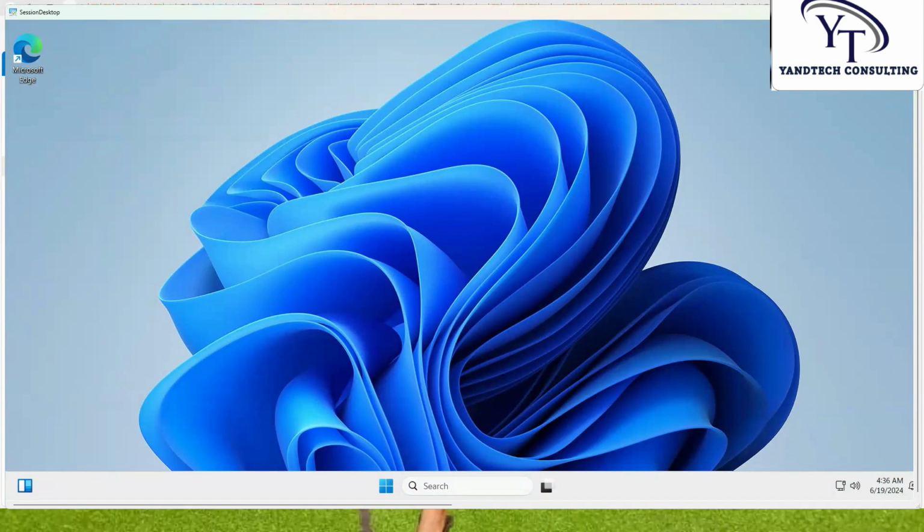So far, just a recap, we created a resource group, we created a virtual network, then we created the AVD, and in the course of creating the AVD, we created the host pool, also the application group, then we created a workspace. Then we created a user where we defined a global administrator role for the user. Then we went to the resource group, and defined the role-based access control where we gave the virtual machine user login and also the virtual machine administrator login. So this is it about Azure Virtual